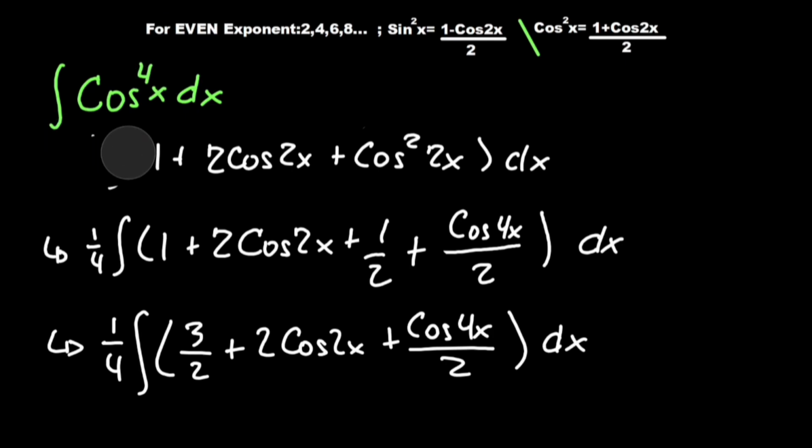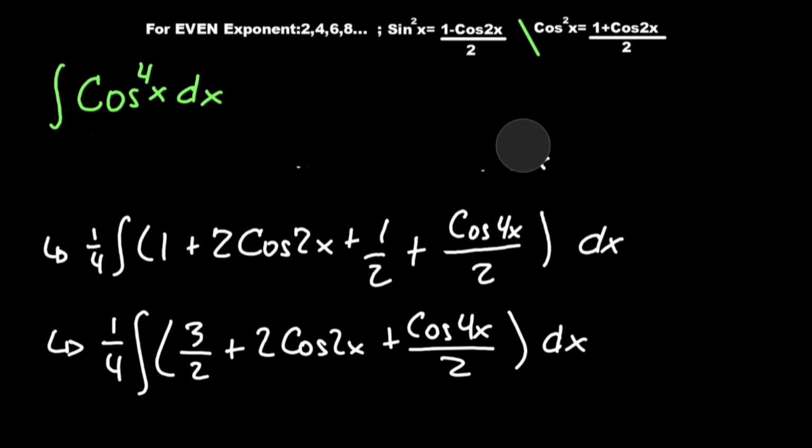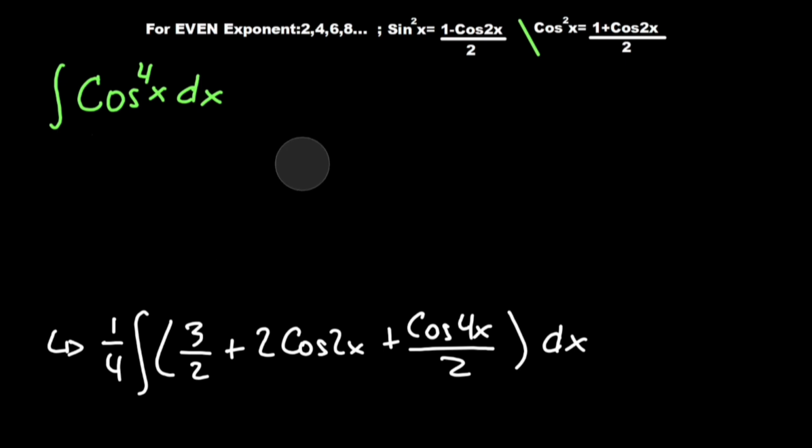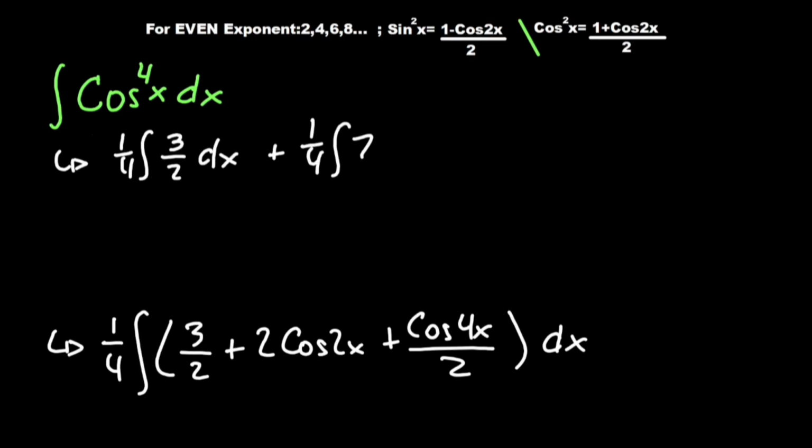For simplification, we will split the integral apart. So this would be 1/4 integral of 3/2 dx plus 1/4 integral of 2